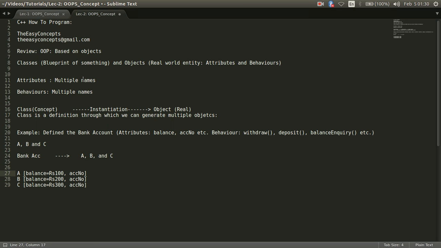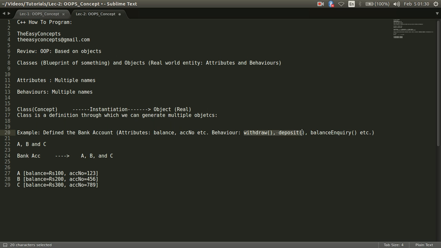Similarly, the account number of the first account holder could be 1 2 3. The account number of the second account holder could be 4 5 6, and the account number of the third account holder could be 7 8 9. So if we see this clearly, although these objects are generated from the same class and have the same attributes, the values of these attributes are very different.